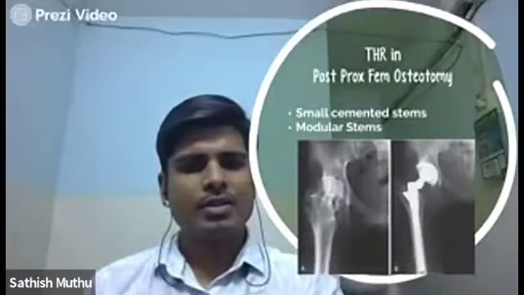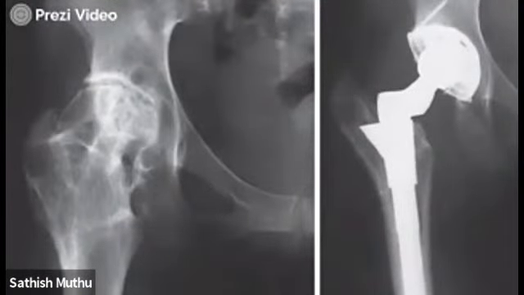And this is a case example of an S-ROM stem being used for a malunited intertrochanteric fracture, for which an osteotomy was done, and the osteotomy has united, and later he was having arthritis of the hip. So the procedure was staged, and implant removal was done. He waited for some time, and then after which he was taken for a total hip replacement,